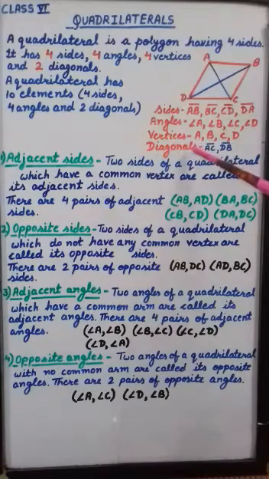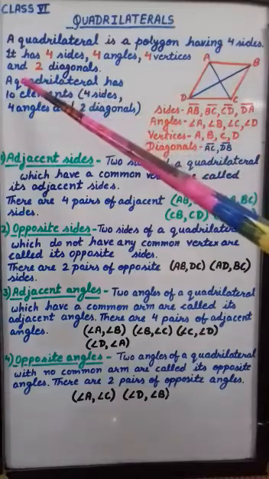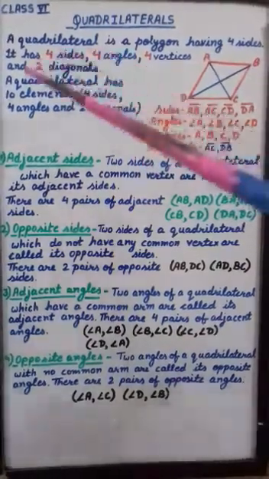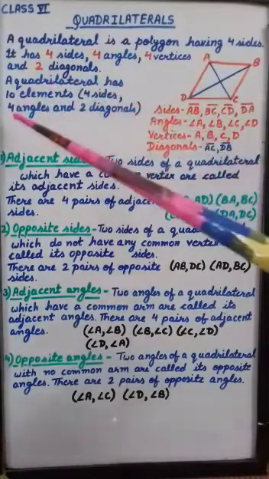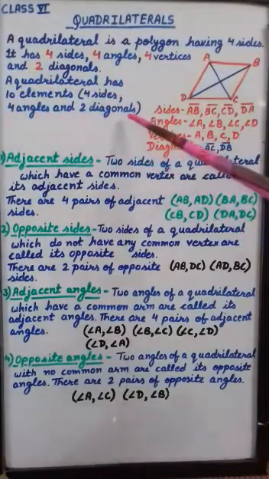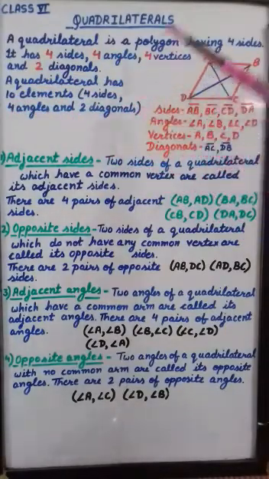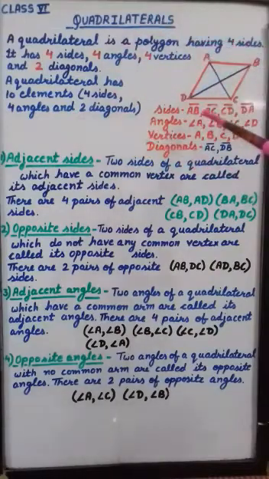Last one we are talking about diagonals. Now what is a diagonal? A line segment which is formed by joining opposite vertices. So there are two diagonals in a quadrilateral, AC and DB. So in all, in a quadrilateral there are 10 elements, in which four sides, four angles and two diagonals are included. So this is about a quadrilateral.